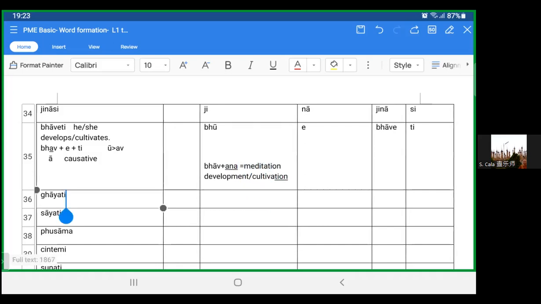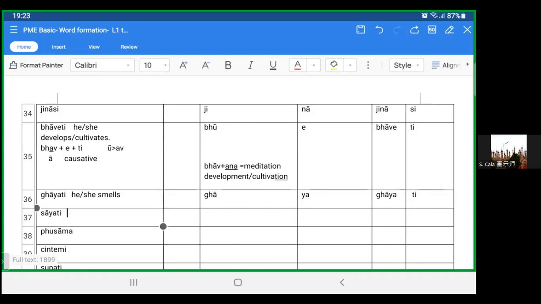Okay, so we go for the next one, gayati. All right, so first you write down and then you write the meaning. He or she, what is gayati? Brother Ko, you just now you did this. All right, smell. Yeah, smell, okay. All right, so what's the root here? Brother Ko, the root is? Ga, very easy, all right. Yes, conjugation sign? Is it aya or ya? Yeah, okay. What's the base here? Gaya. Gaya, okay. What's the last one? Ti.